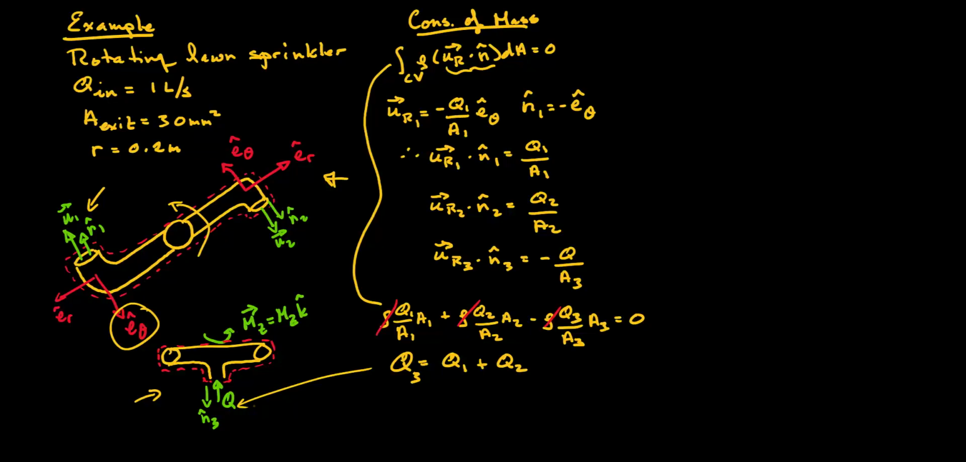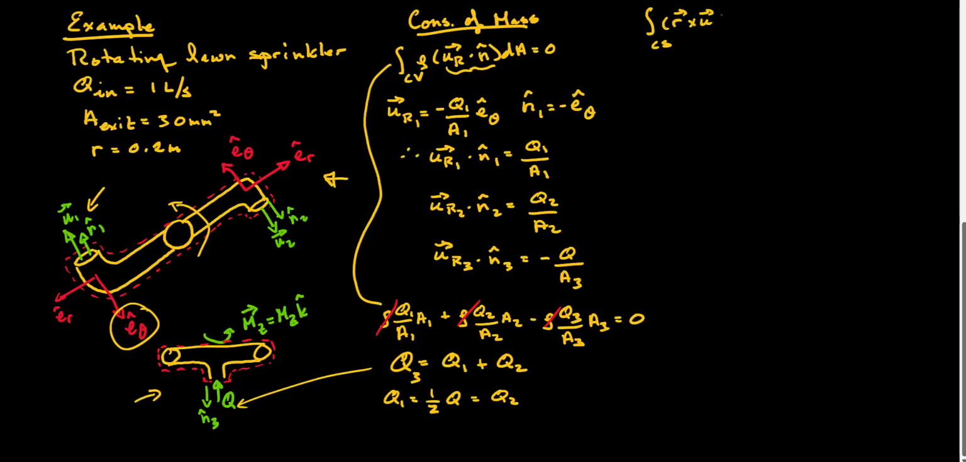And because these are all symmetric, we can also say that Q1 is equal to 1/2 Q, which is equal to Q2. Okay, let's have a look at the angular momentum equation. So as we said, we're going to have the surface integral of the angular momentum multiplied by the flux